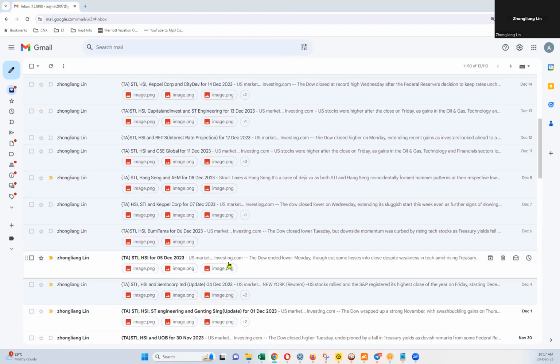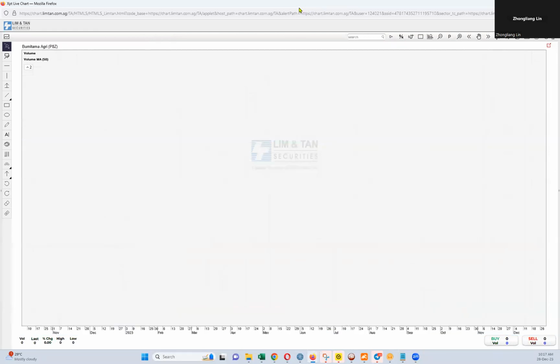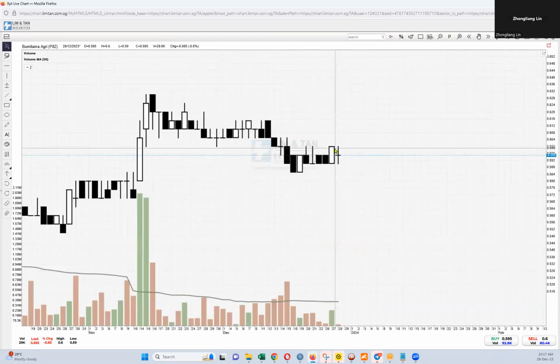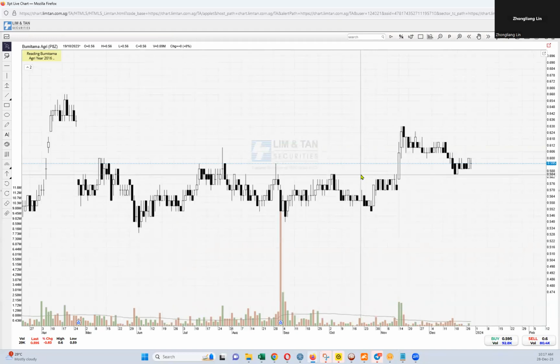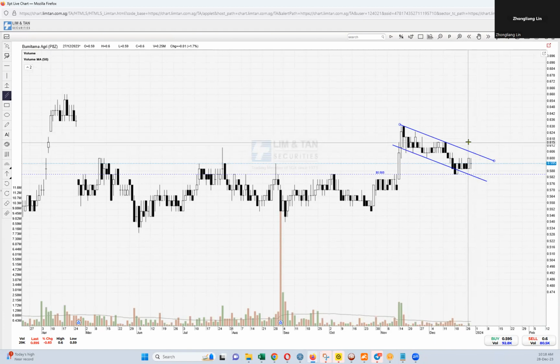Bumitama. Okay, so Bumitama, these are the two disappointing counters so far. So you can see Bumitama, you know, killing us softly, going down. So there was some encouraging sign yesterday with a good rebound, but did not follow through with selling today. So I've got to continue watching. The stock right now is holding above its previous resistance, now support, at 58.5. And there is still a chance for it to go back to its bullish way, especially if it can break out from this channel. So I can see a channel over here right now. You see a downtrend channel here. Once it goes back to 60.5 and breaks up from there,